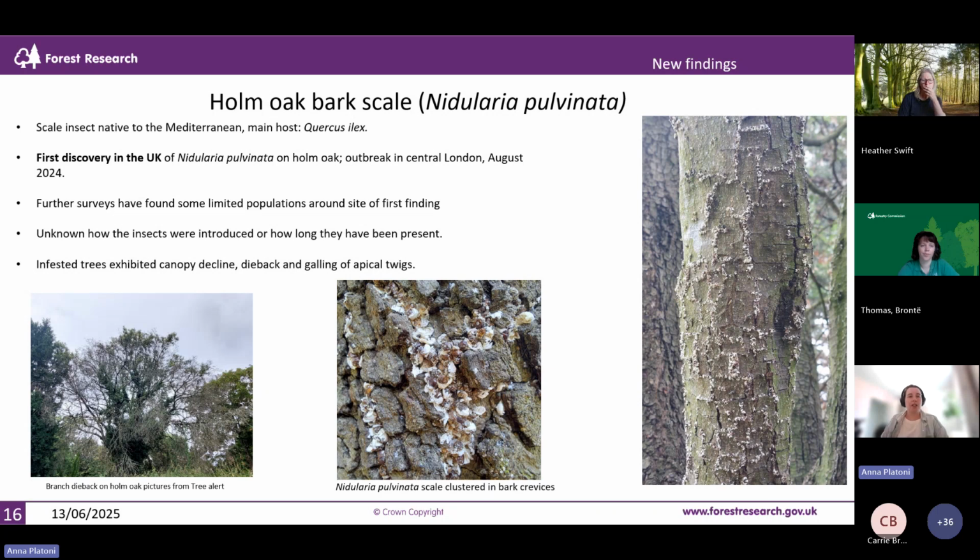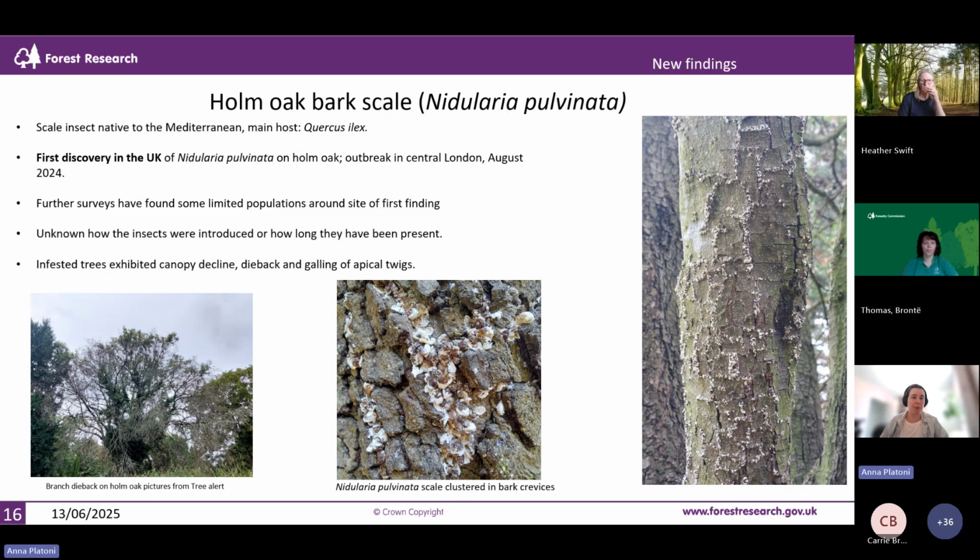We don't know how long they've been present. That's probably been quite a few years, and we're still not 100% sure on a pathway how they might have got here. So the symptoms, you can see in this picture of the whole tree, infested trees, especially in this first outbreak